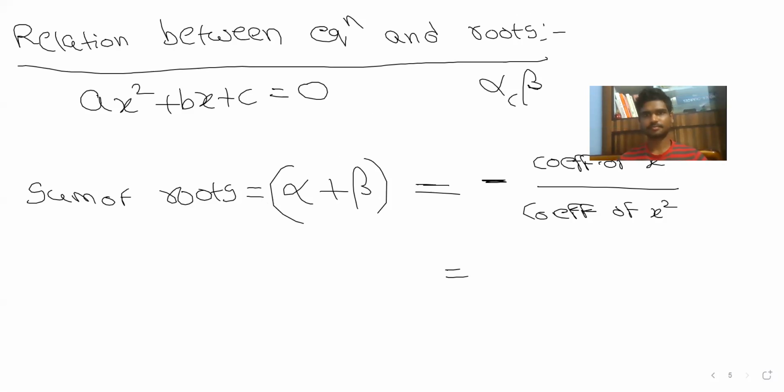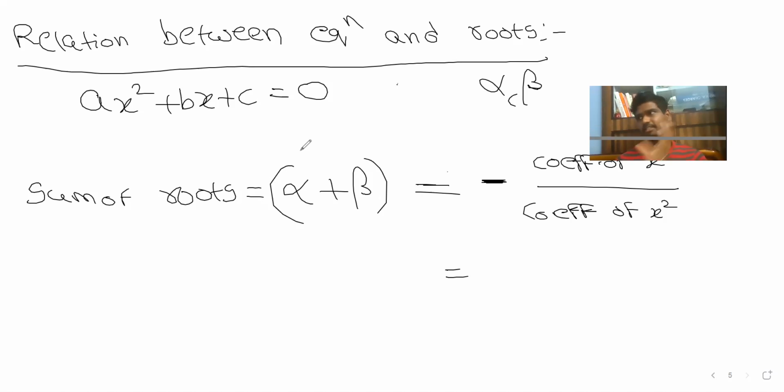So sum of roots is equal to minus coefficient of x divided by coefficient of x square. So this is the sum of the roots for this first thing, right? Why this minus? Because actually it follows the sequence plus minus plus minus. That thing also we will know. Now here we have sum of the roots.